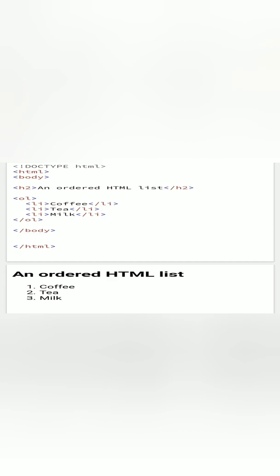But if we want to give any type, we can also write the type as A, B and C in alphabetical order, or if we want Roman form, we write type equal to, in attribute form, any type of Roman number, like I means 1. I will give you another example of the ordered list in the next class.